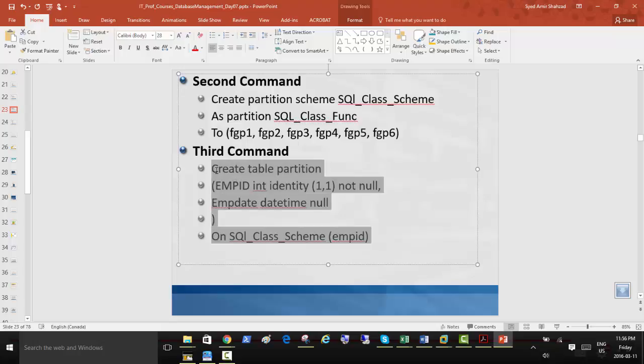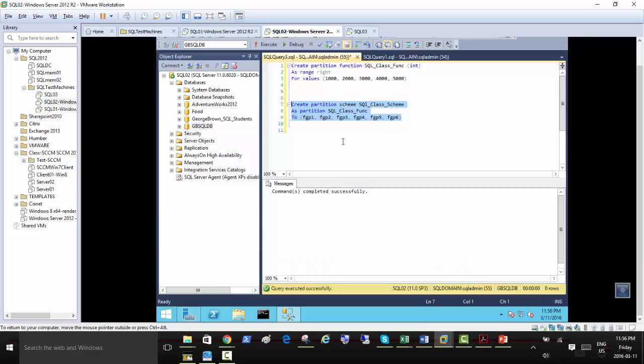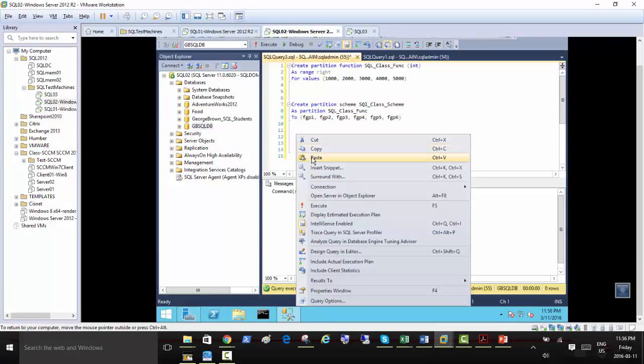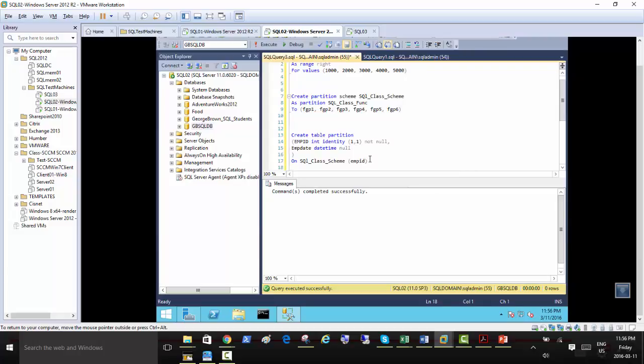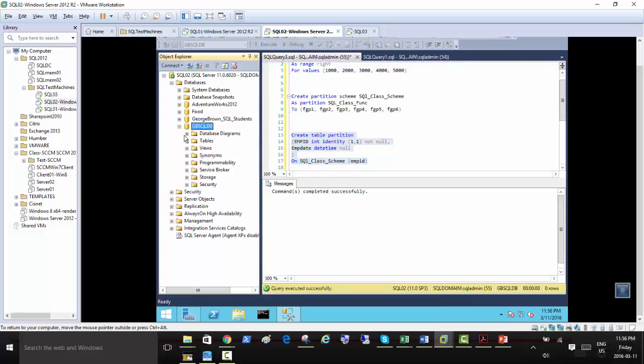So I'm just going to create this table now. Right click, copy, and try to run it. Execute. Okay, wonderful. And if we expand the database, go to table, there's a table called partition here.